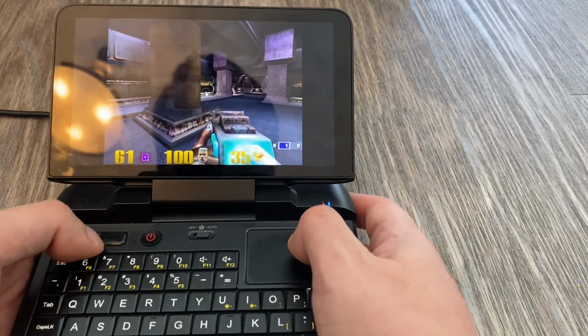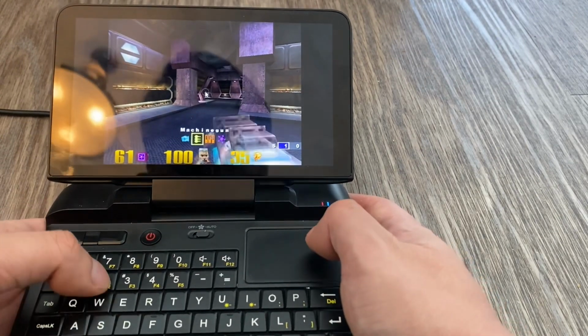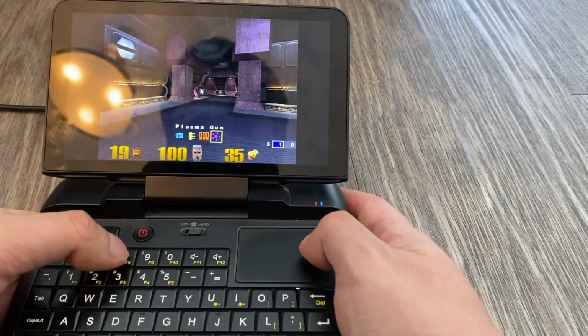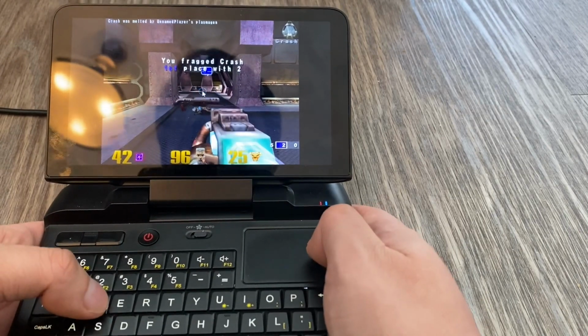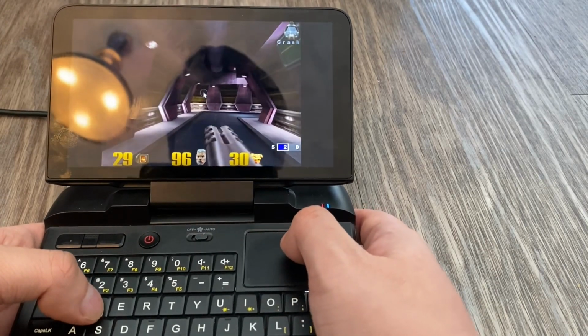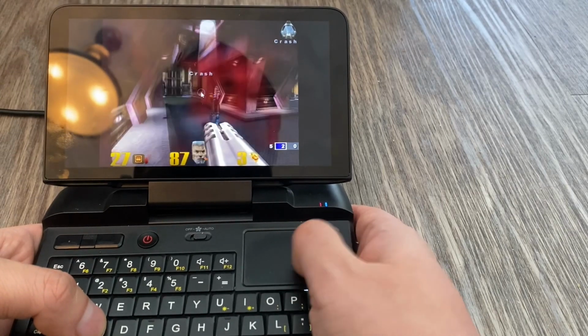And we can switch weapons, right? Oh, that's zoom? Didn't know how to zoom. Alright, we can use this, because old school FPS games, you can always switch weapons using the numbers. Right. Oh. Oh yeah, got him. Alright, I'm actually playing decent on Quake 3 using a trackpad. But it is the CPU, so...